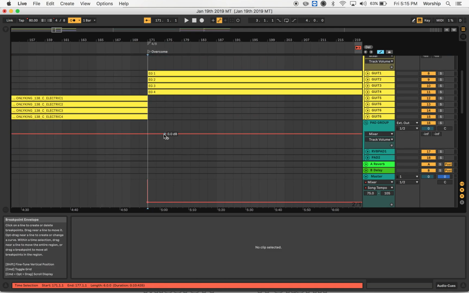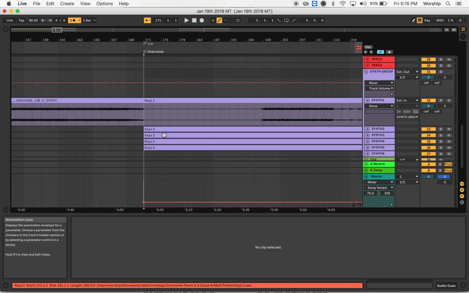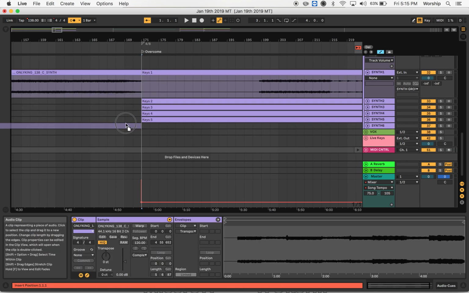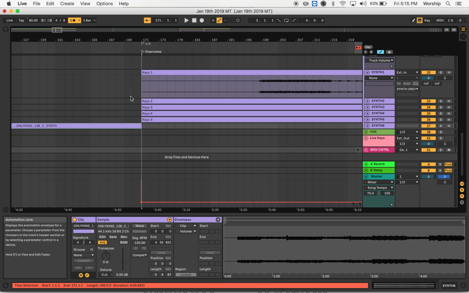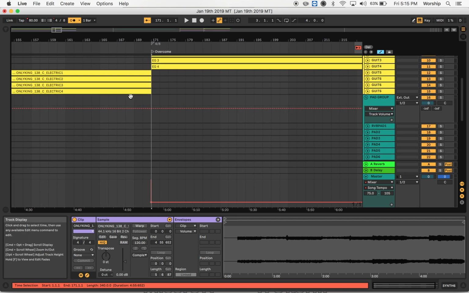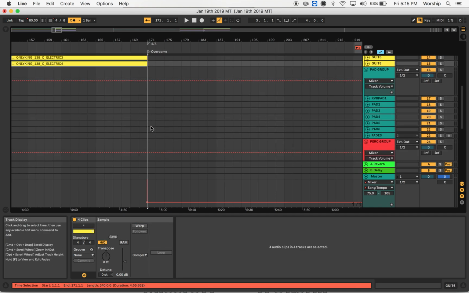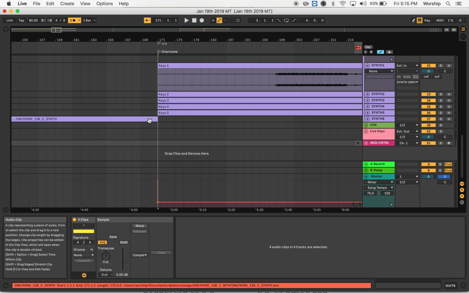And then I'm going to do the same thing. I got a keys part here, or a synth part. I'm going to drag that down so that they can overlap. I'll click that, Shift click there to select all of those, and then Command click here.